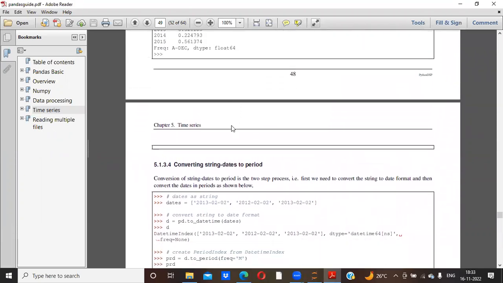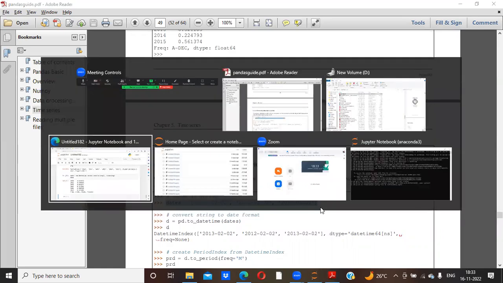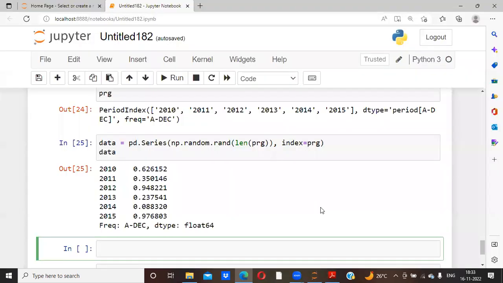So today we are going to see how to convert a string to date, and dates to period. Remember guys, our concentration is converting string to dates, and again dates to period. First, I have already imported a package called Pandas. So I have continued today. The concept is